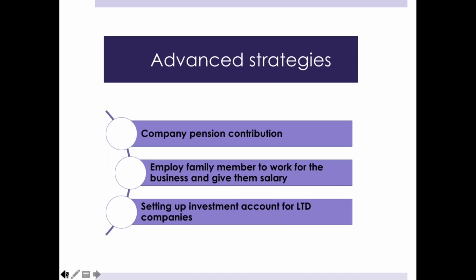I was just saying, if you want to maximize the amount you can take out of your limited company without triggering a lot more tax, how would you do it? Okay, so if you do want to take money out without triggering a lot more tax,